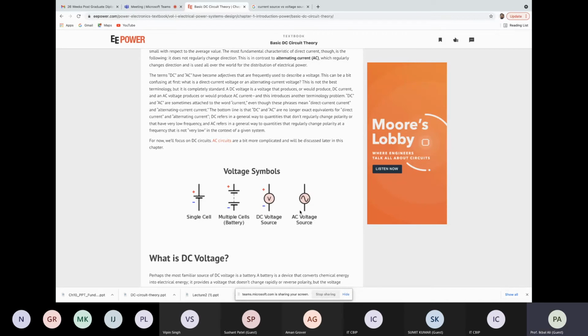And I hope you know what is AC. It is a pure sinusoid. In Indian standard, it is of 50 hertz and magnitude varies. So sinusoid means that it starts at zero and follows a sine function and has a time period. When you consider a 50 hertz signal, that means it will complete 50 cycles in 1 second. That is 50 hertz. Cycles per second is hertz. All right.